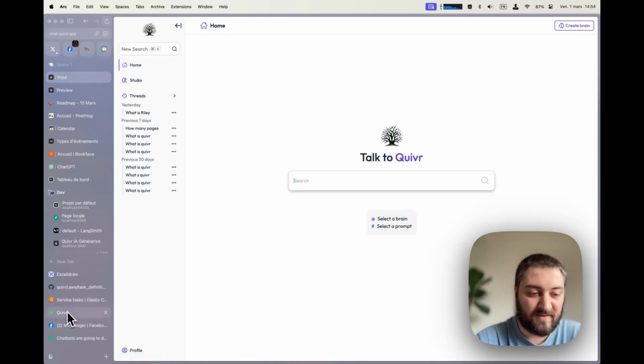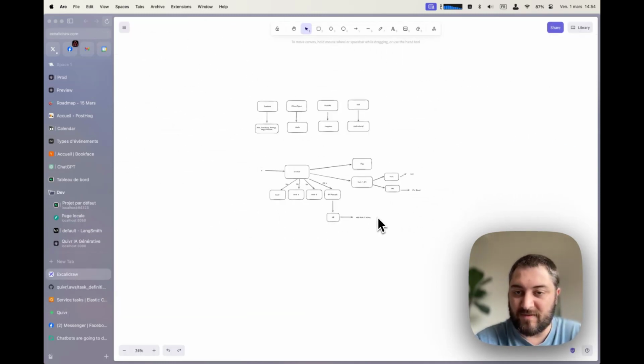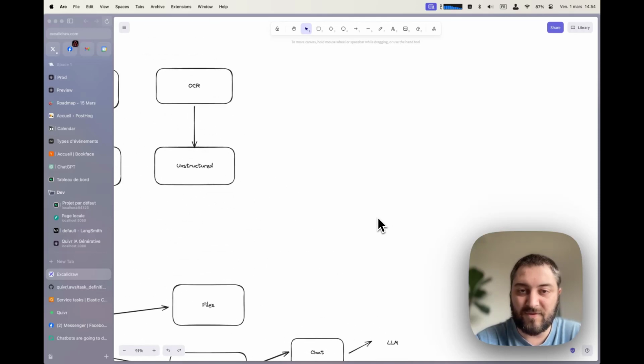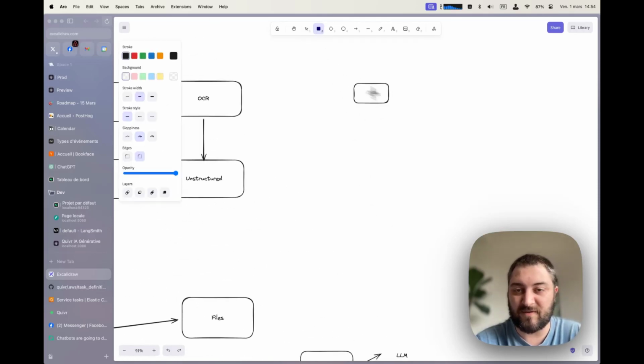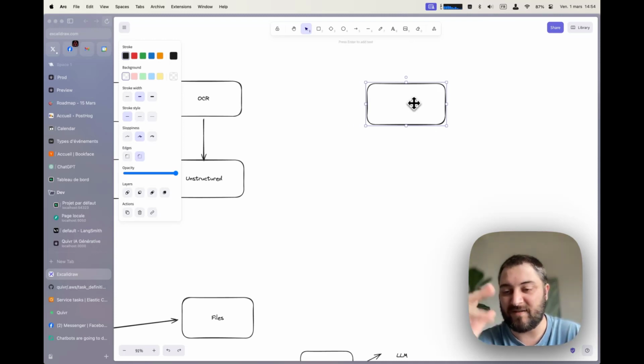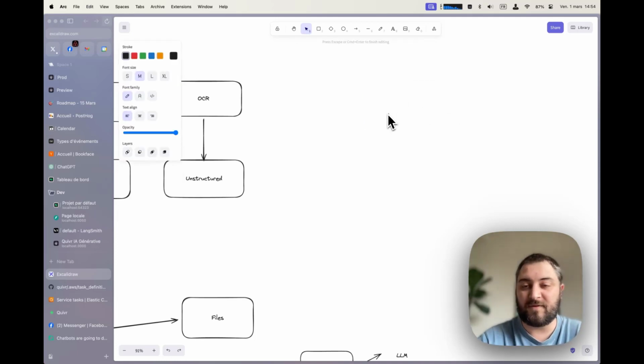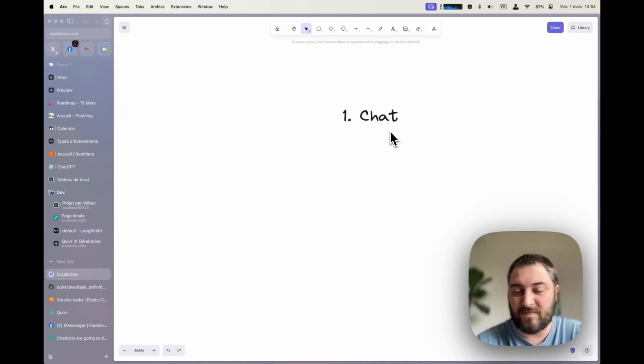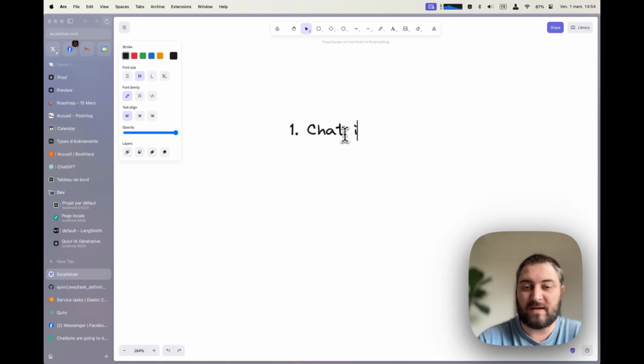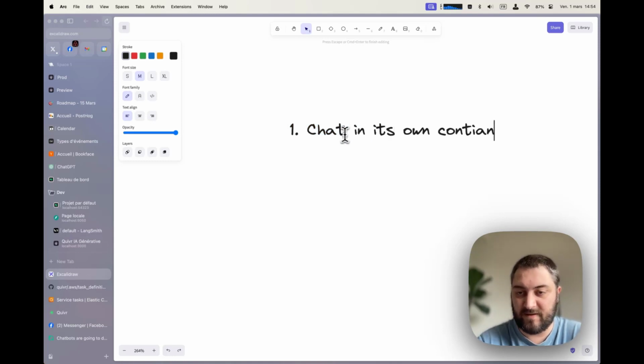So one piece of advice, and let me draw on screen, if you don't want your applications to kill your AWS infrastructure, GCP, Azure, or local setup: the first thing is chat. Let me zoom in a bit. The chat in its own container, and just that.